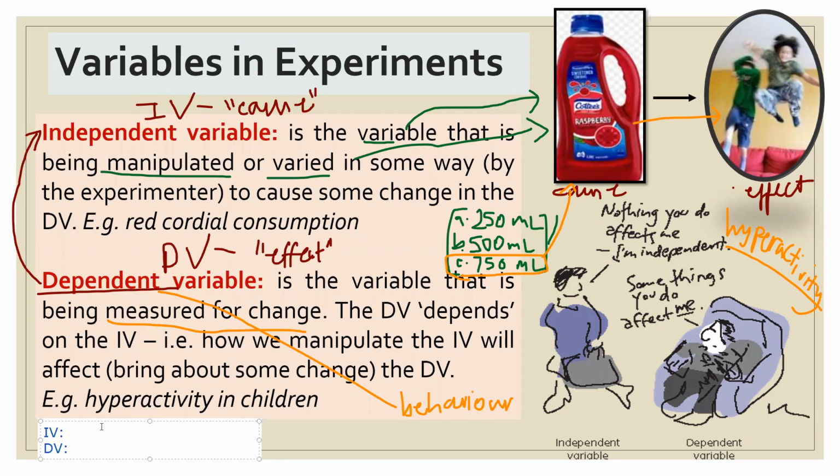Good, so most of you are saying that the IV is the sports drink, and that the DV is the athletic performance. That's correct. Okay, the sports drink is what we're varying. Remember, just like the cordial, we can decide to give